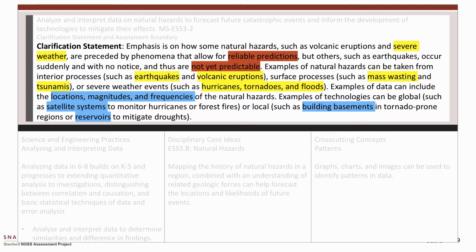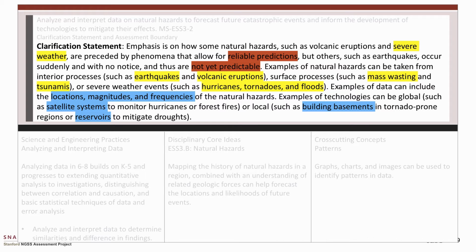It also provides examples of types of data students should be ready to work with, including locations, magnitudes, and frequencies of hazards, and that students should be ready to use analyses to inform mitigation efforts on a wide range of scales, from local to global. Built into this guideline is more insight into the kinds of data that students might work with, such as maps that show past locations of hurricanes and fires, and spatial data about risk related to hazards such as drought, and other types of data, such as watershed maps that show changes in stream flow that students could use to identify